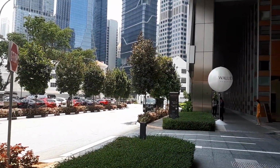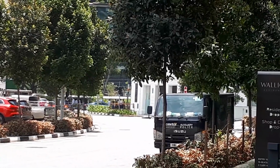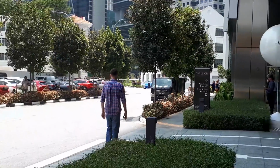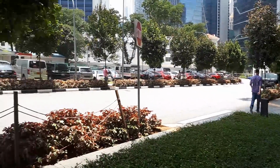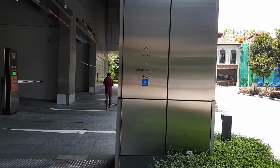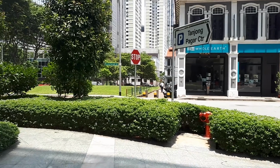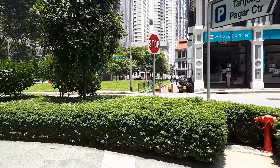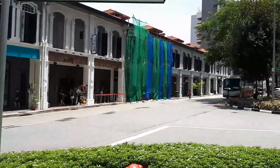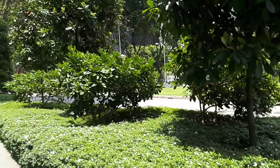This road is called Warwick Road, and heading down that direction will bring you to the Amoy Street Food Centre, where we crossed the street earlier when we exited B. Or we can turn left and walk down this direction to Peck Seah Street. So this is Peck Seah Street, and if you turn right and head down that direction, it will bring you to Maxwell Road and Maxwell Food Centre. But if you turn left and walk down,